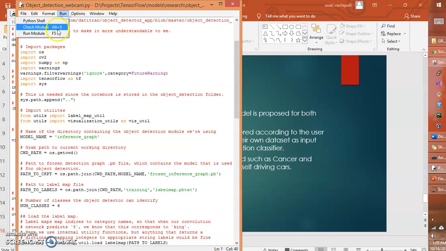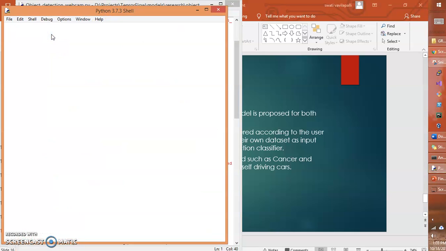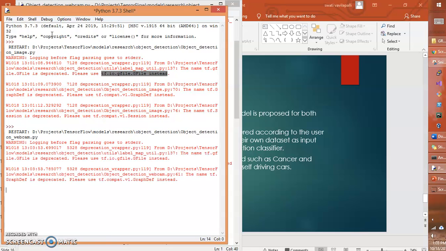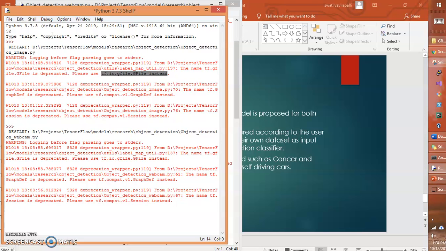So if we run that, it will take maybe 1 to 2 minutes, because it's very slow. It's not because of the model I have used. It's not because of Faster RCNN. It's solely because I'm using TensorFlow CPU, because my laptop is slow. That's why it is slow. So while I'm waiting for